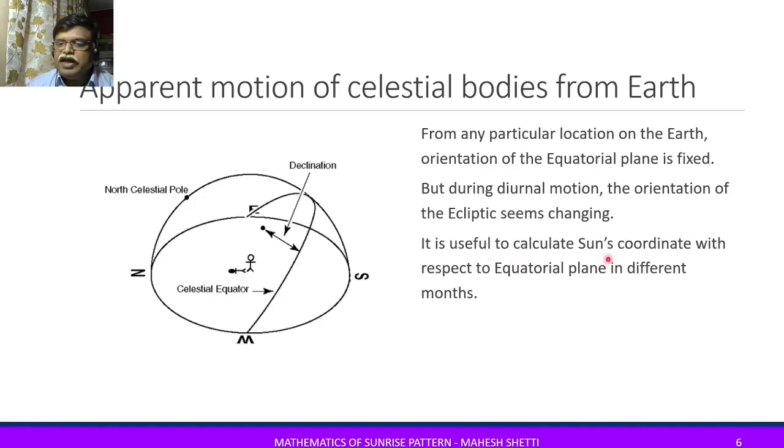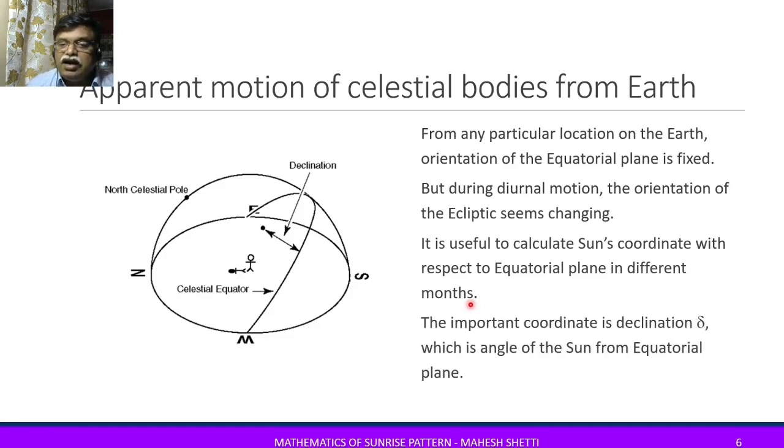Now, it is useful to calculate sun's coordinate with respect to equatorial plane in different months, because sun is going to be on ecliptic, and ecliptic orientation can change, and for that the important coordinate is declination. What is this declination? It is the angle of any celestial object, it could be sun,